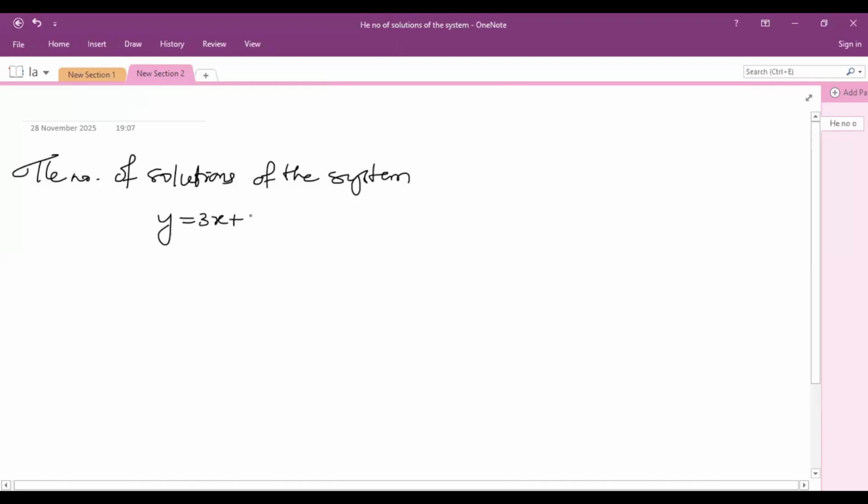y equal to 3x plus 3 and y equals 5x, sorry, 3x plus 5. The possible options are 0, 1, 2, or infinite, for the number of solutions. These are the options. We have seen rank yesterday, and we have seen the possibility of solutions in case of system of linear equations, both homogeneous as well as non-homogeneous. So utilizing the information of that,